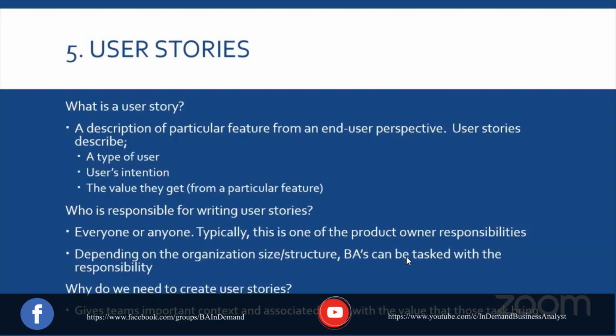Now, when a user story is written, and that usually comes first, then come the use cases. And the use cases usually have a precondition and an acceptance criteria. And one user story can have multiple use cases. An easy way to remember what a user story is, it's a high-level description of what the feature is going